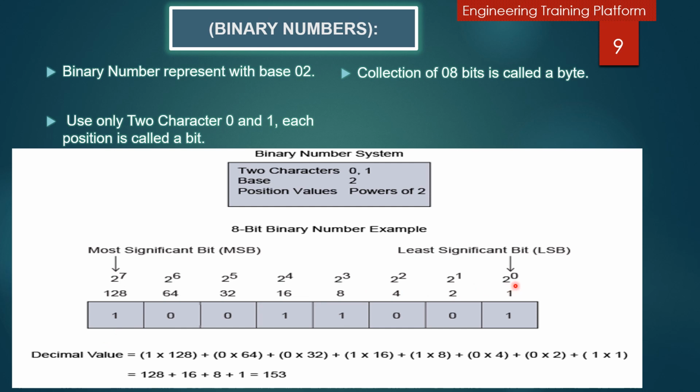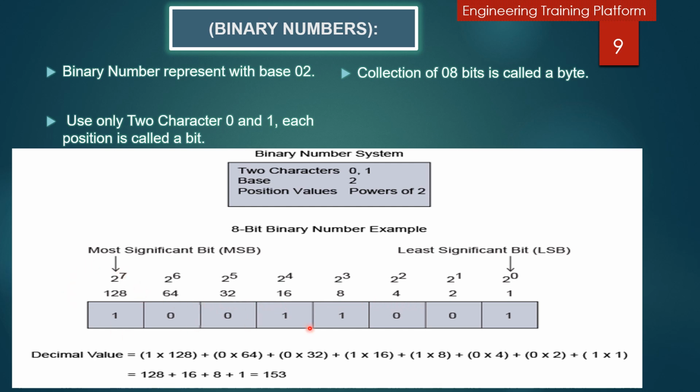On the right side is the least significant bit, and on your left side is the most significant bit. The least significant bit starts with power of 0 with base 2, then 2 to the power 1, 2 to the power 2, 2 to the power 3, and so on. The 2 is the base, and the powers 0, 1, 2, 3, 4, 5, 6, 7 are the 8 digits starting from 0. After multiplying the base with the power, we get the values. This is step number 1.